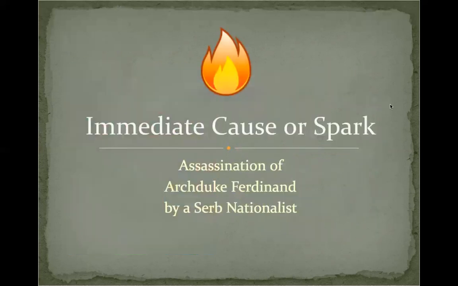And then the spark. The Balkans were known as the Balkan powder keg, and it was just going to take a little event, a little action to cause this entire thing to erupt into a war. And that spark came in the form of the assassination of Archduke Franz Ferdinand. He was next in line to take over the throne of Austria-Hungary. When he was visiting the city of Sarajevo, he was assassinated by someone who was backed by the Serbian government. And so this created a lot of animosity between Austria-Hungary and Serbia.